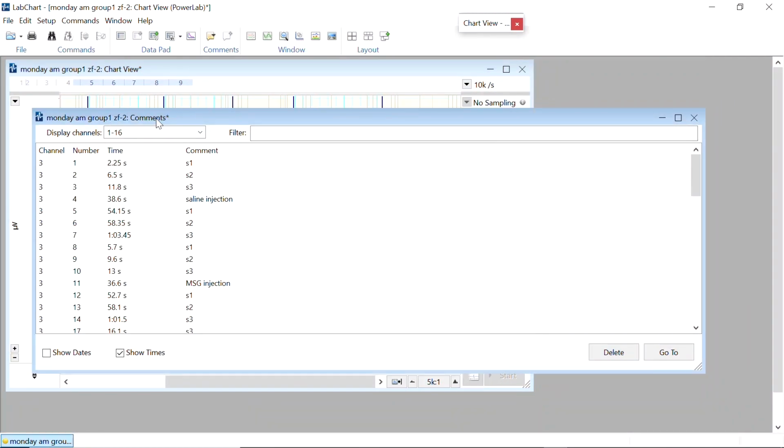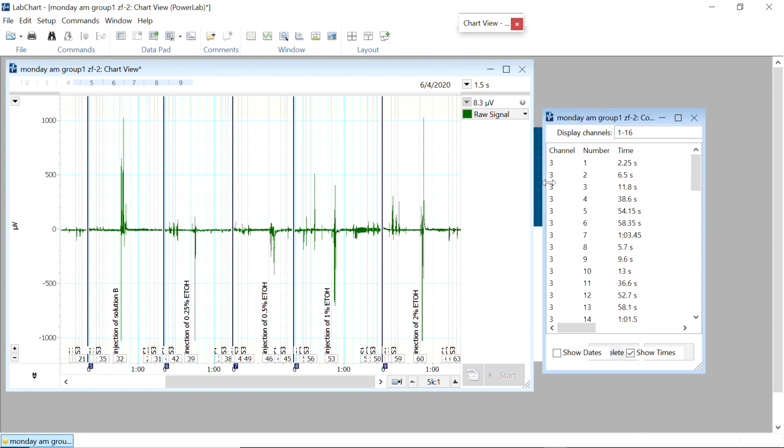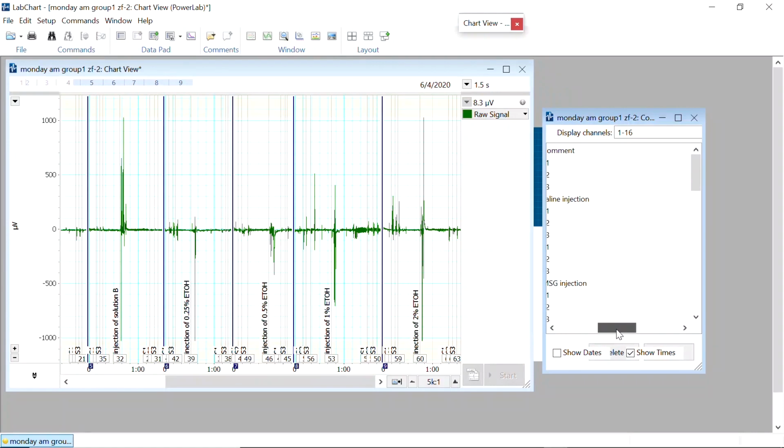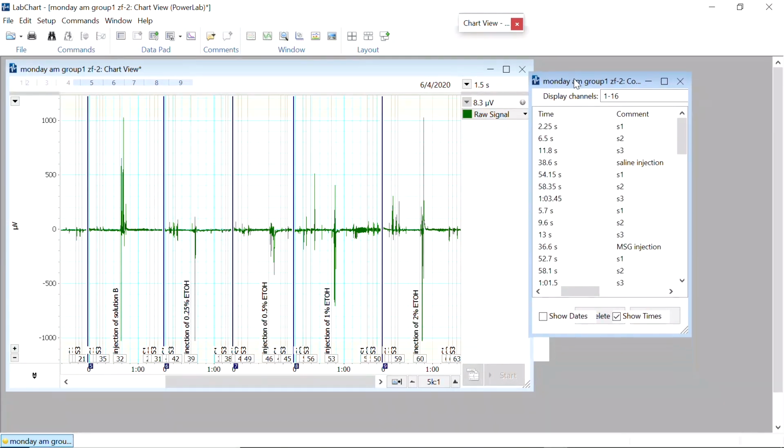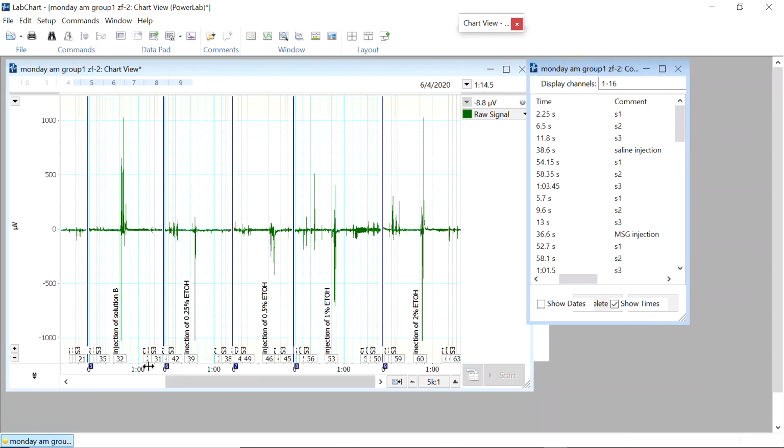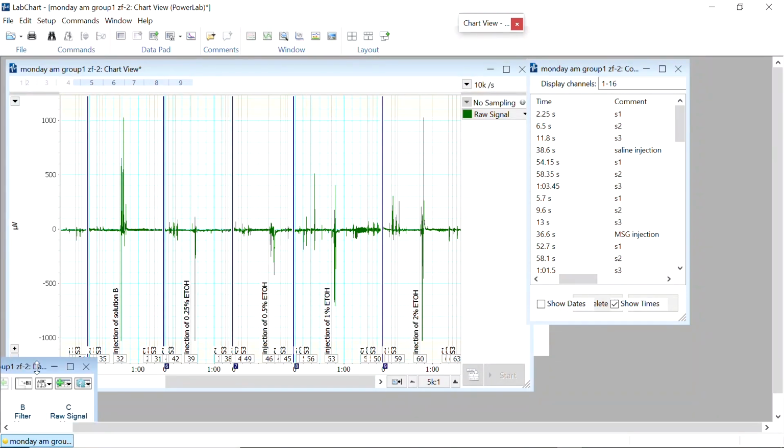Okay, and then behind this panel there is our comment panel. I can shrink that, and all I need is the time and then comment, and put them side by side. And then I need my data panel. So if you click this thing, there's going to be a blue thing show up here, and then you can drag it up